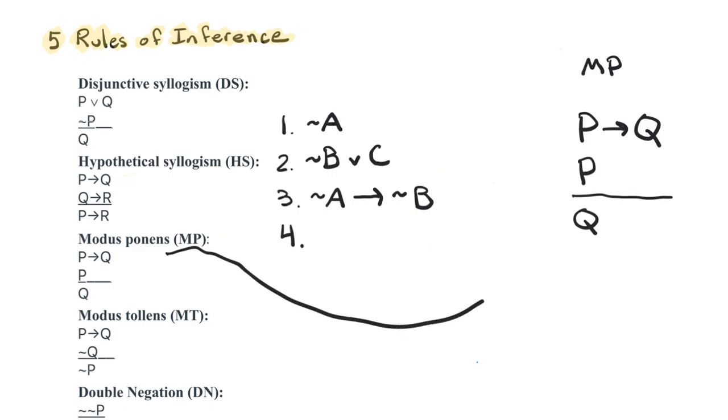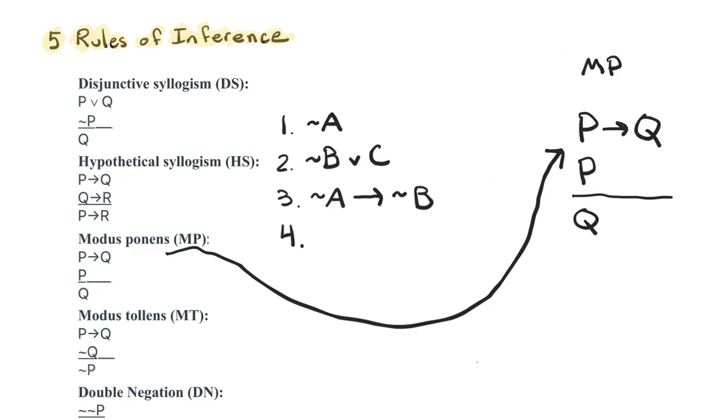The modus ponens is pretty easy to recognize over here, but if you were presented with a derivation problem and I asked, what can you derive from premises 1, 2, and 3, you might not recognize that there is a modus ponens hidden in here. So just remember, this is the generic form of it. So let's take a look and see if we can spot where it exists over on the left-hand side for the derivation.